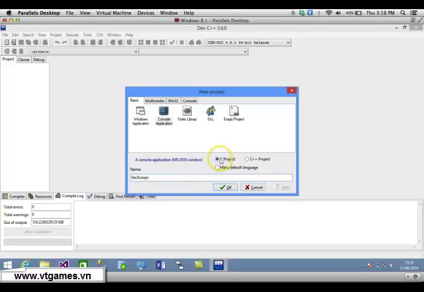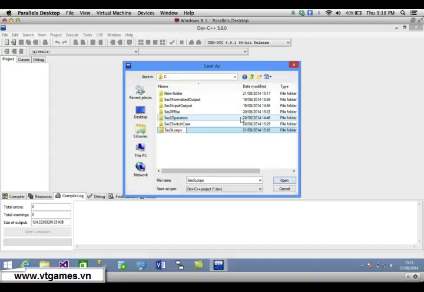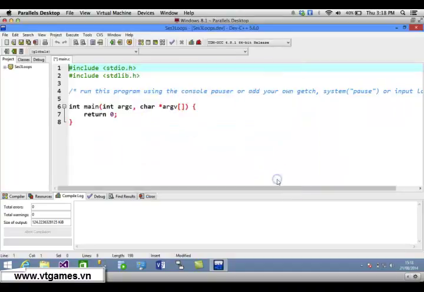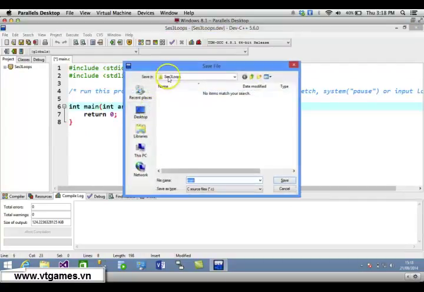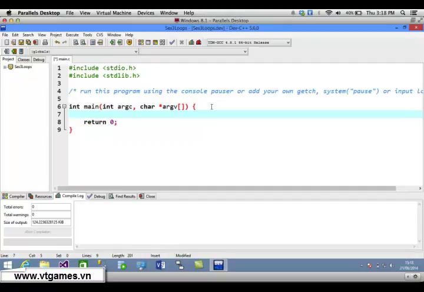Make sure it's a C project. Then click on OK. You're going to copy the name of the project, go up, create a new folder, paste the name of the project and open it. Then you're going to save that project there. What you have done is just saving the project. Now we also save our main file inside that folder, save. And inside here we're going to